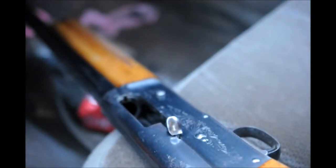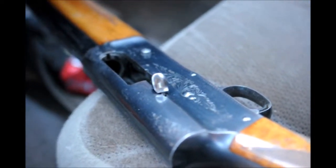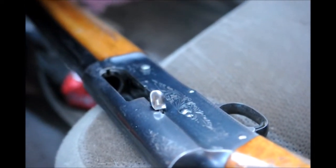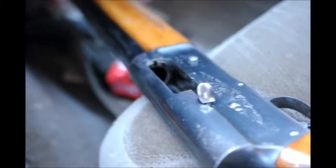Yes, the next thing a lazy guy does when he hunts is he keeps his gun unloaded, because if you don't get a deer, you don't have to unload it. And of course, you just keep your bullets handy, but you don't have to bother putting them in, because you're likely not to get a deer. Most people don't get a deer every time they go out. But